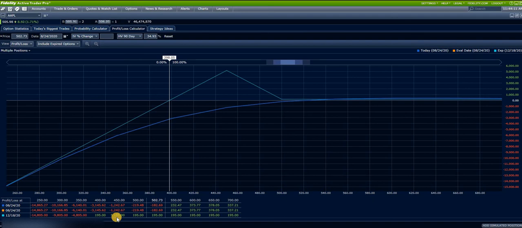Anything from 450 to 700 we are in the profit zone. Anything below that we are losing considerably. You can see there are levels of 250 where we are losing very significantly. We should be very careful on those things too.